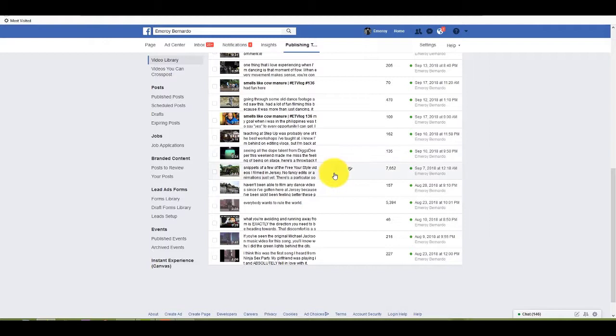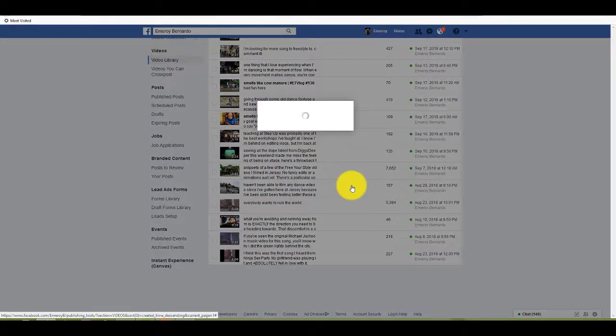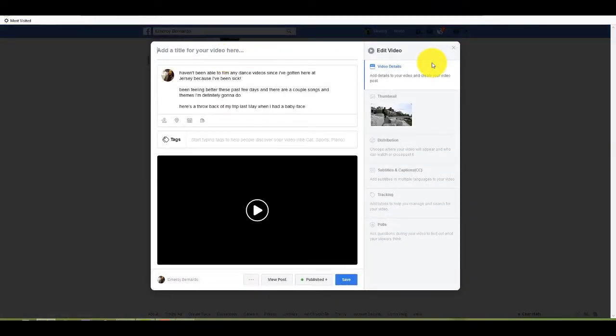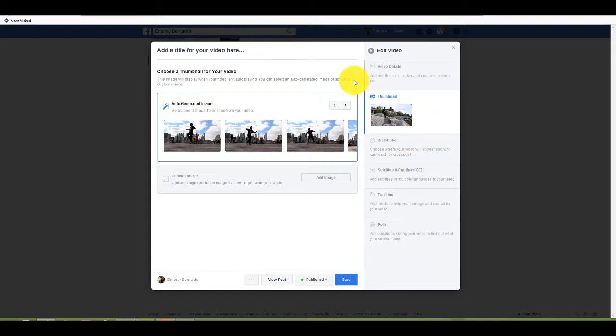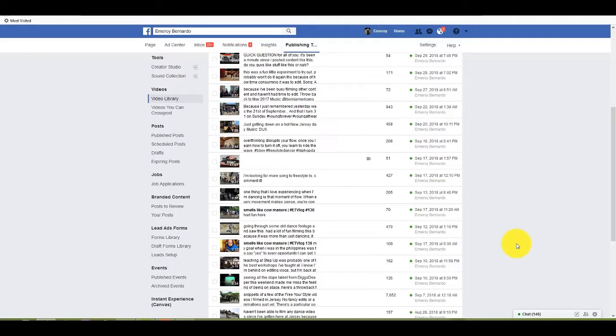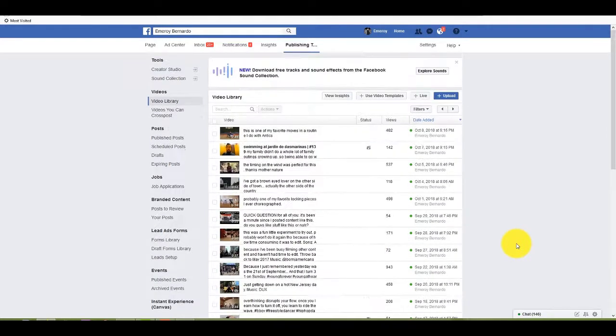What that does is it uploads a video here, but we can't edit the same details as we can on the Creator Studio for Facebook. What you can do, if you have the time, is go back and edit the video, and you can start adding the title here, add the thumbnail here, and publish and just change it up. That way you give it the proper details that I think each video should have.